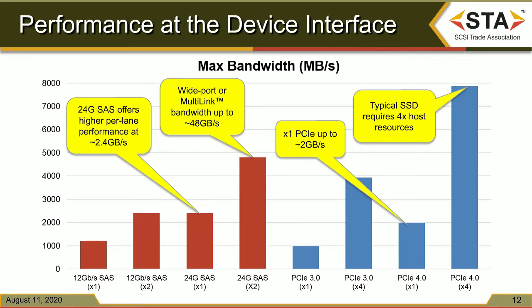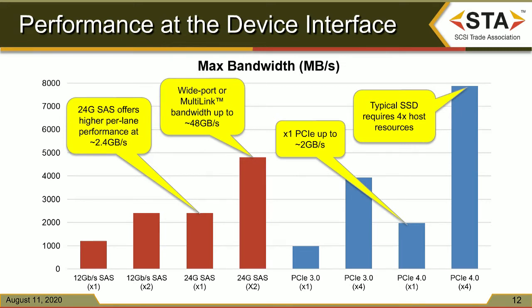Both types of devices demonstrate their performance through connections, which are SAS links or PCIe lanes. SAS drives are commonly used in a single lane configuration for servers, and some storage or specialized deployments can take advantage of 2 links. So it'll be either in dual port, wide port, multi-link, so basically doubling the number of links.